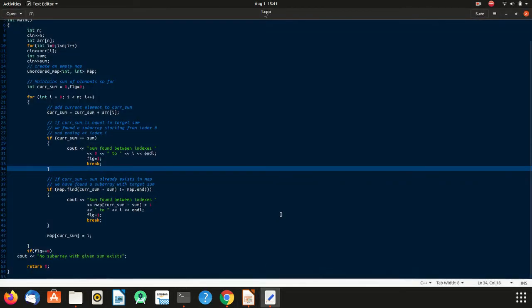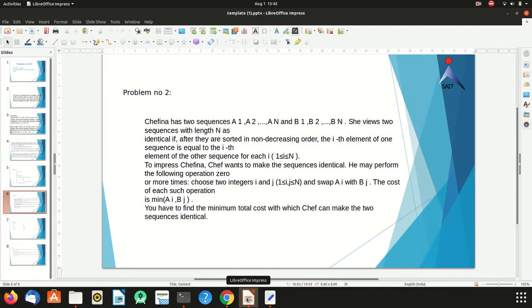This makes the problem easier. The alternative way is without using STL. If we have to check each and every subarray, whether it is equal to the sum or not, it is very lengthy and complex. So this is the magic of the STL, which makes things easier. So this is it. Moving towards the next problem.